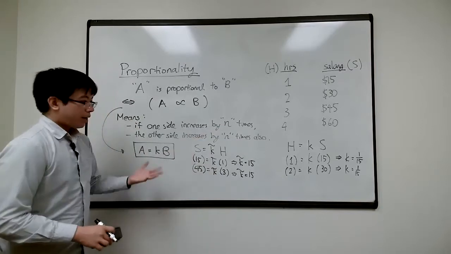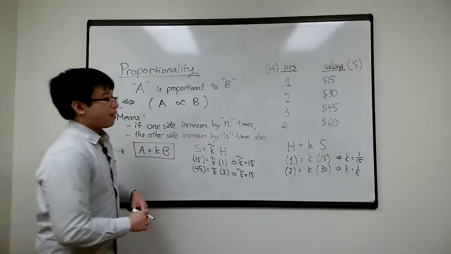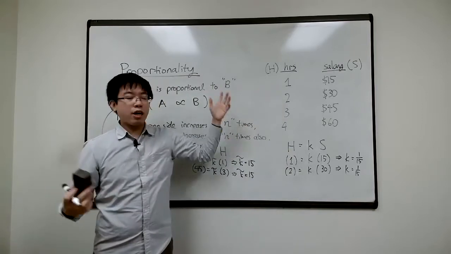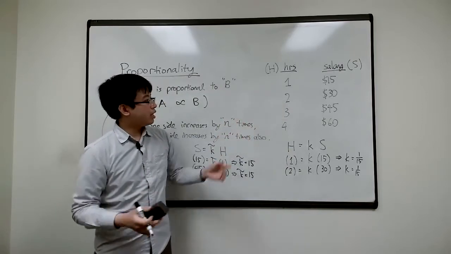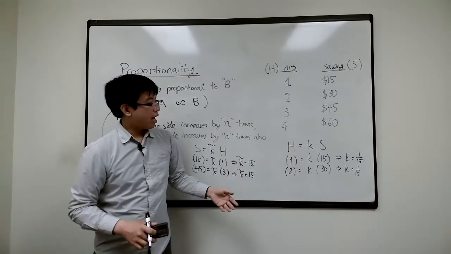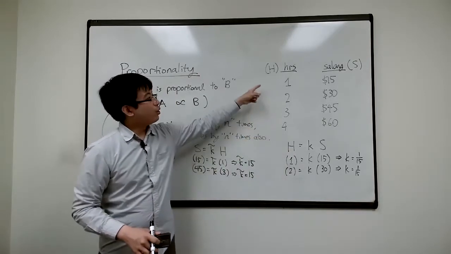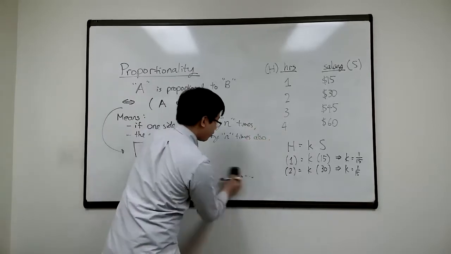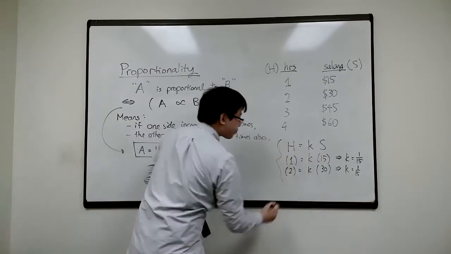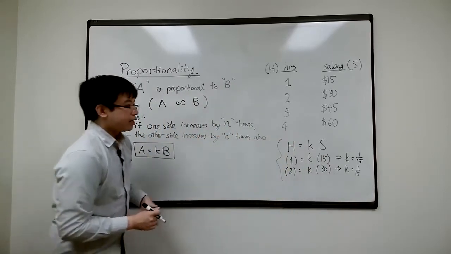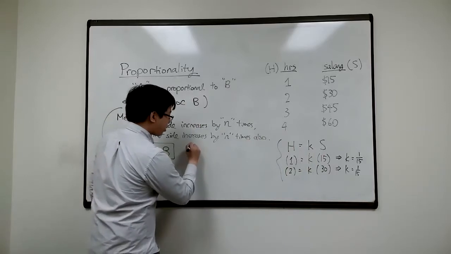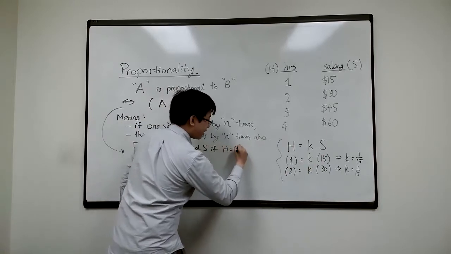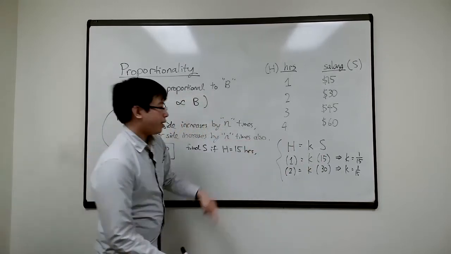So what is the use when something is proportional? You can make predictions. Let's say I work 15 hours. What is my salary? If you do it this way, you might have to work all the way through. But let's keep using this. I want to find my salary if I work 15 hours, so we can just plug that in.